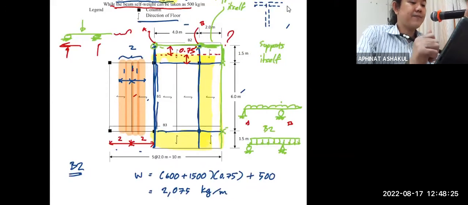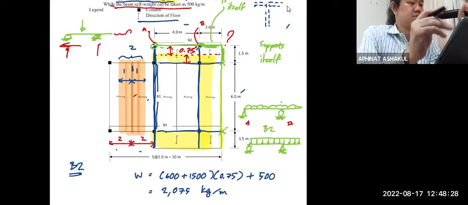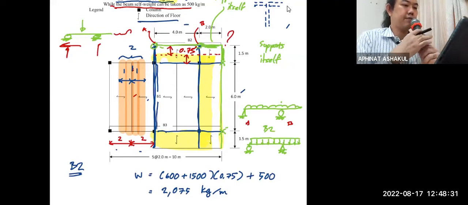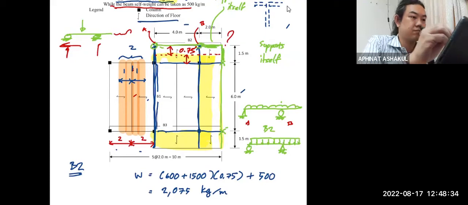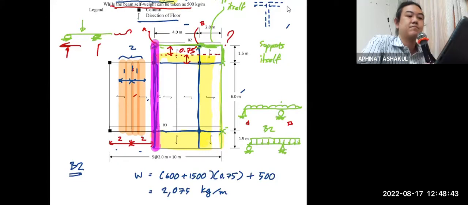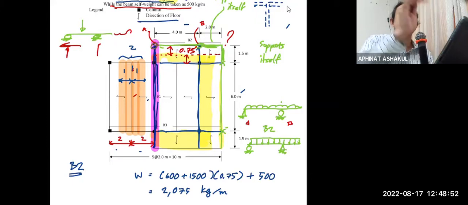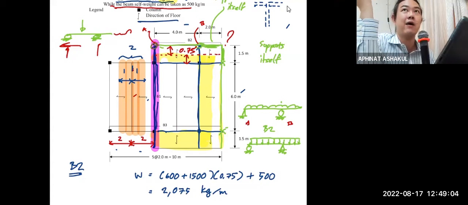So now if I draw this beam, what? This one. What's gonna be your free body diagram? Now, it's like playing games, really, because it's not difficult. It's not mathematically difficult. You just need to see the system and understand how you are going to take care of your structure. So when you look at this B1,